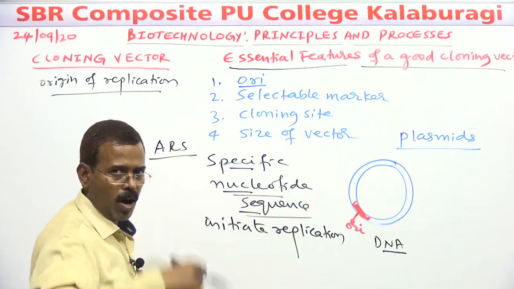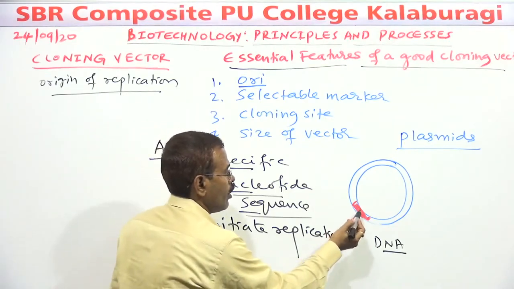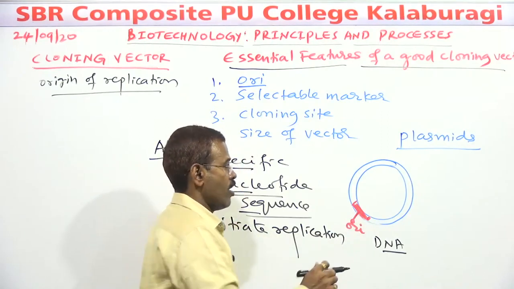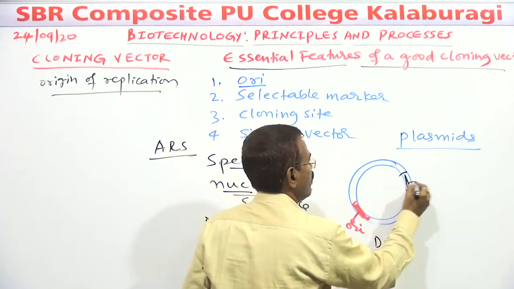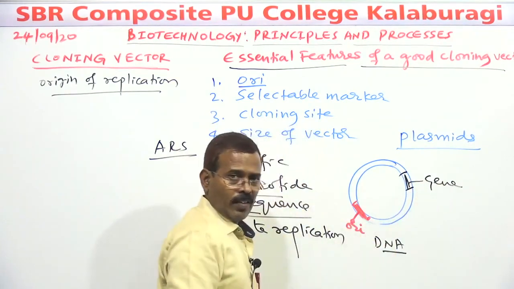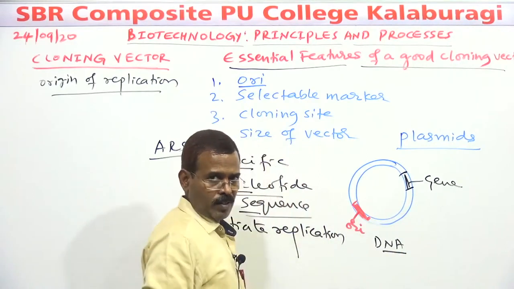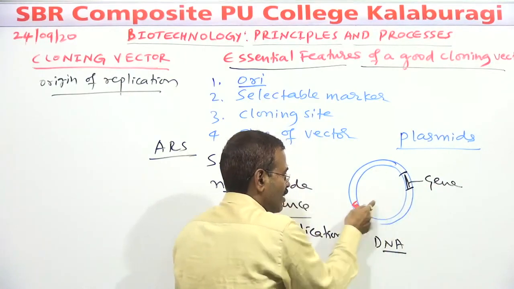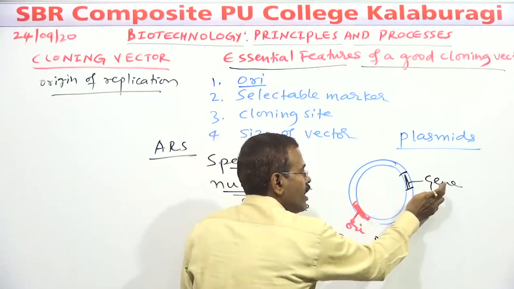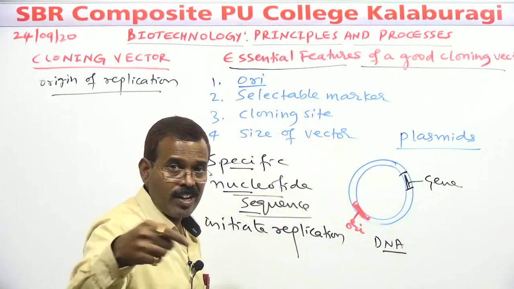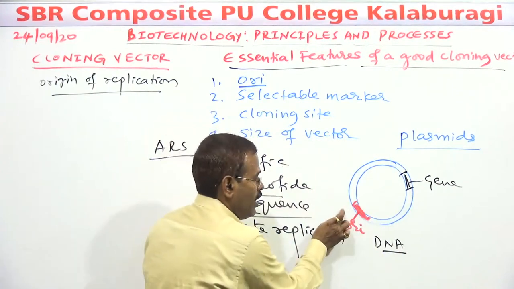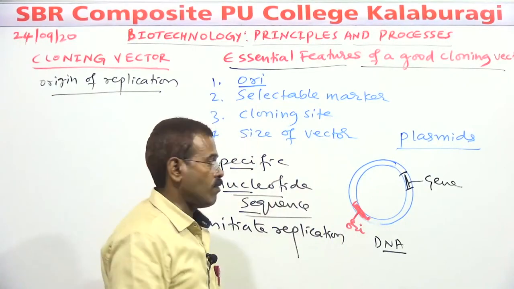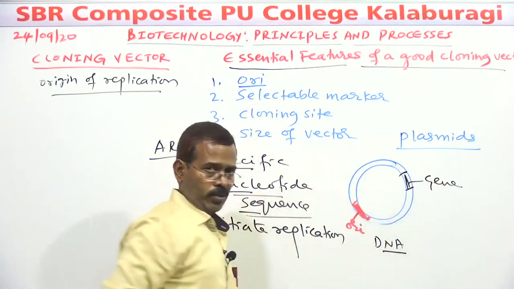So that the plasmid can multiply and produce its own identical copies. Then, when we want to introduce a foreign gene in it, say we want to insert a foreign gene, this is a foreign gene. This gene we want to multiply. Hence, when we link this foreign gene in the vector which contains ORI, this gene can be multiplied. How many times can the vector multiply? So many copies of this gene can be produced.